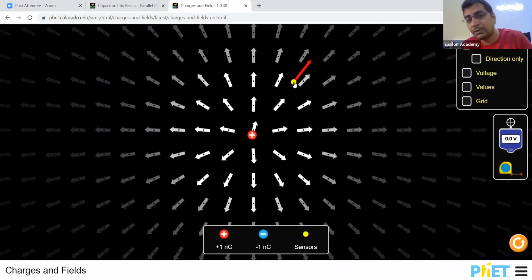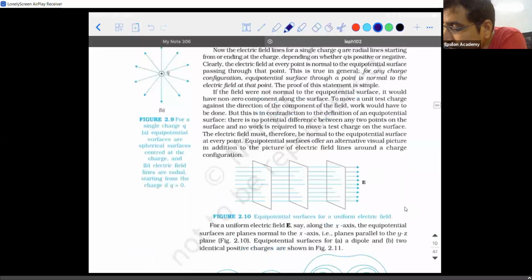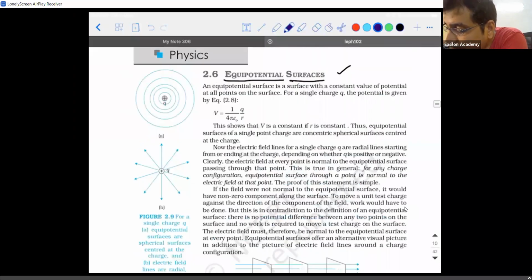Here, apart from the equipotential surface, there is another important point to be noted. We are going to try to find a relation between the equipotential surface and the direction of the electric field also. So keeping all these points in mind, let's try to understand how the equipotential surface works for other kinds of charge distributions. Okay, now see. Tell me one thing, is everyone clear with the same?